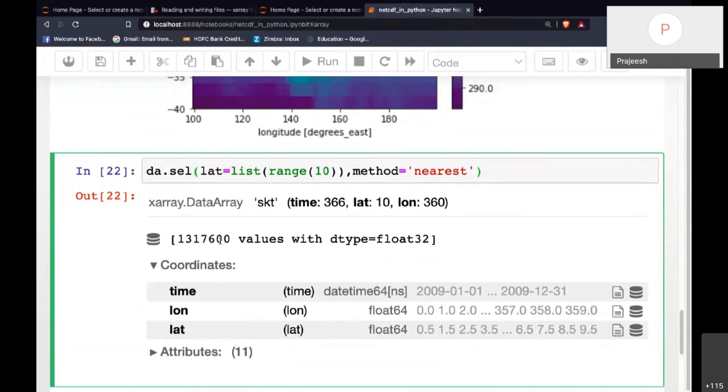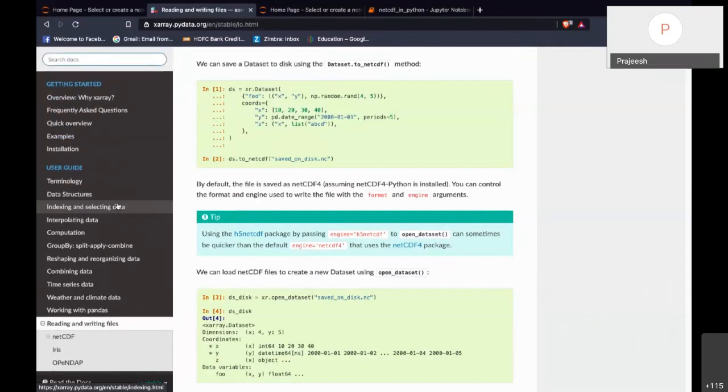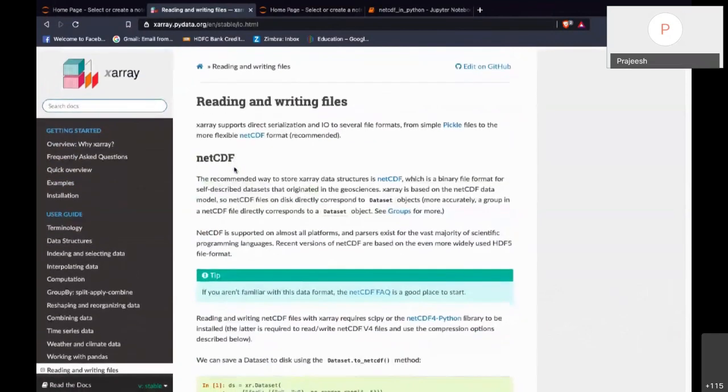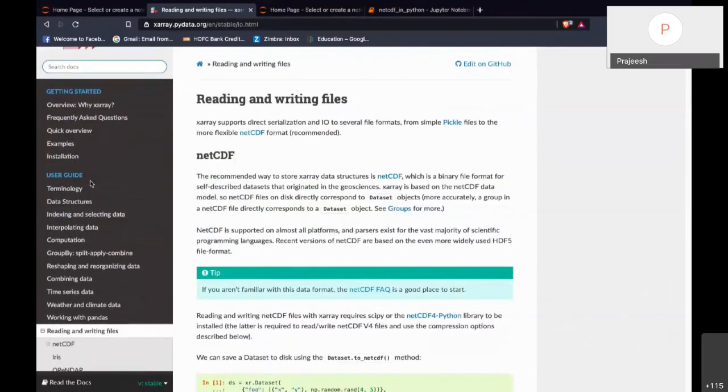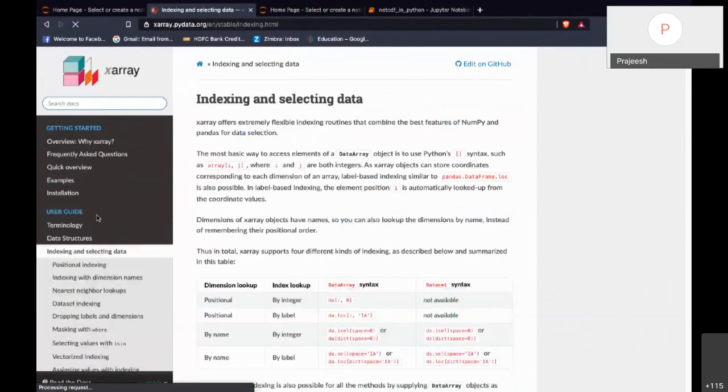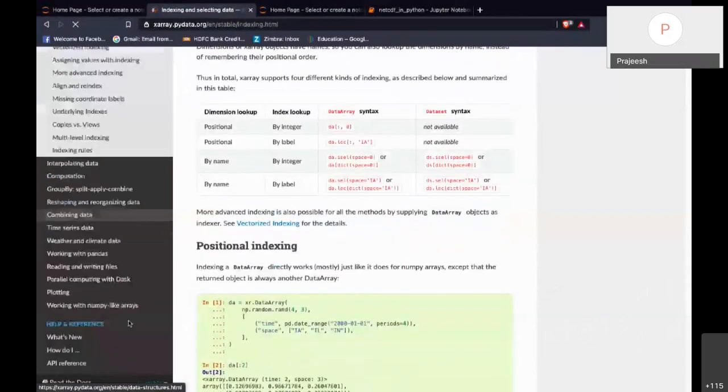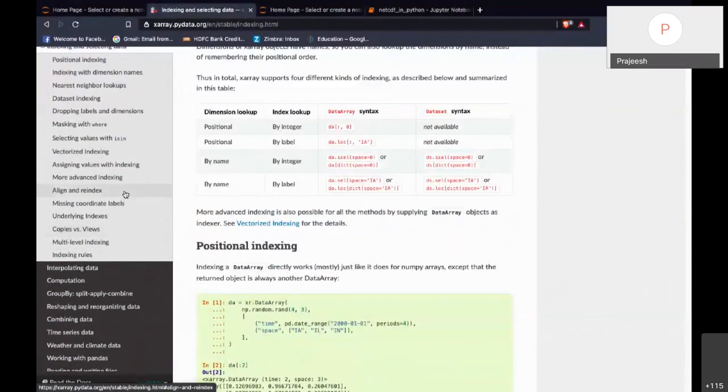So that's about subsetting and reading a netcdf file in Xarray. And these are the basic functionalities which I just explained, and there are a lot more things you can do in Xarray. So here is the documentation of Xarray. Indexing and selecting itself has a lot of other functionalities which can be used.